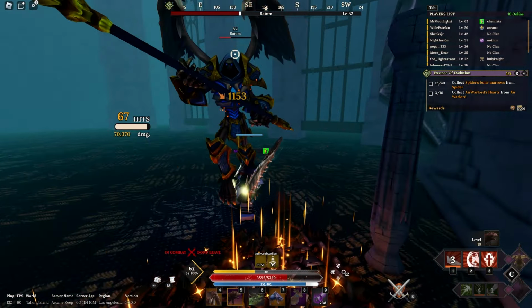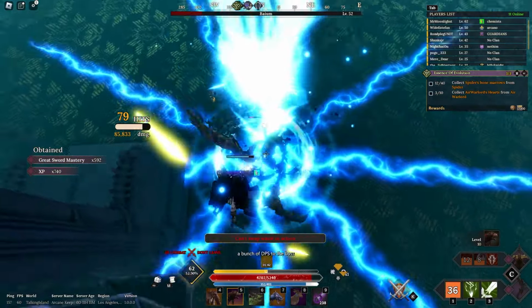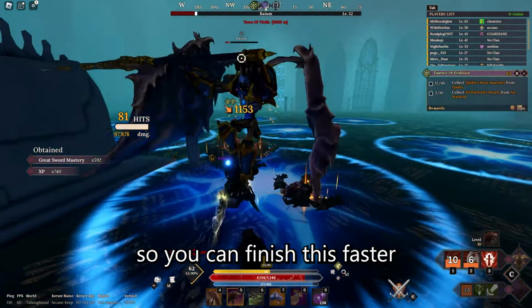If you're not healing fast, then you should just parry his attacks so you'll take a lot less damage. And you want to kill him quickly before his mobs respawn. This fight's fairly easy so long as you have a good weapon. You definitely need one, because you want to kill the skeleton generals as fast as possible. And you want to do a bunch of DPS to the boss so you can finish this faster and move